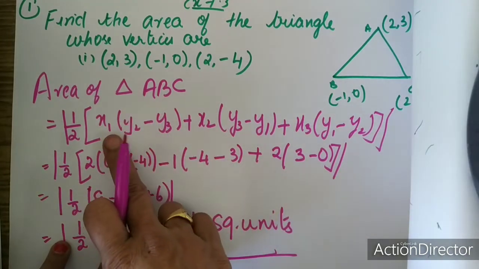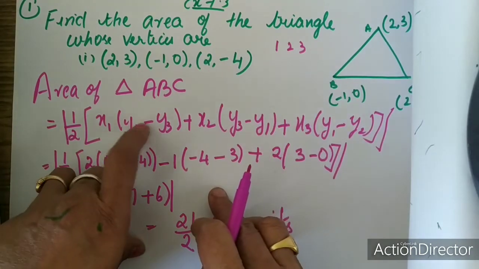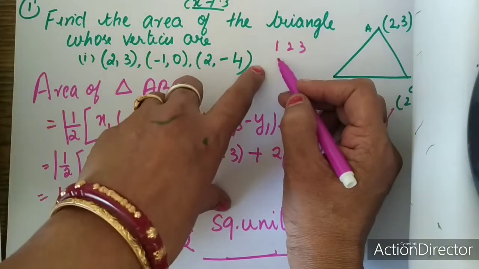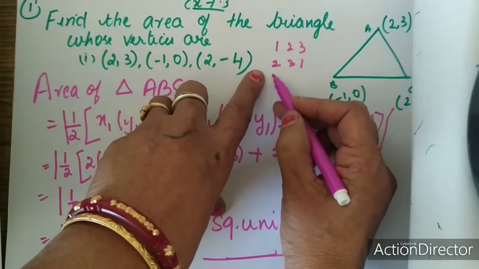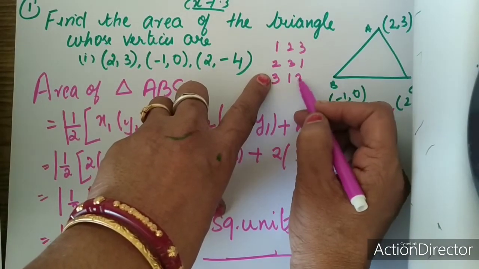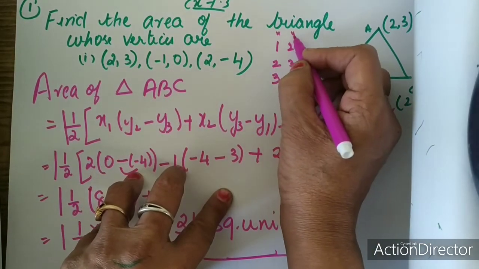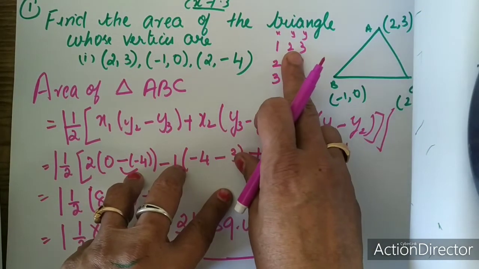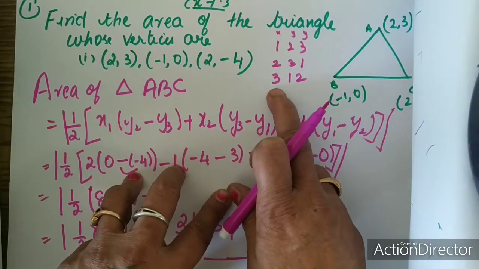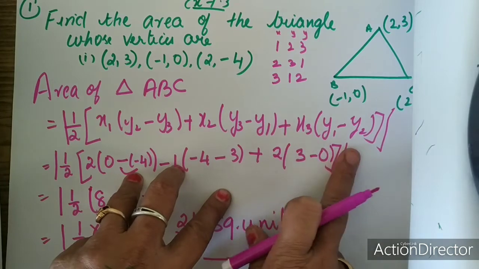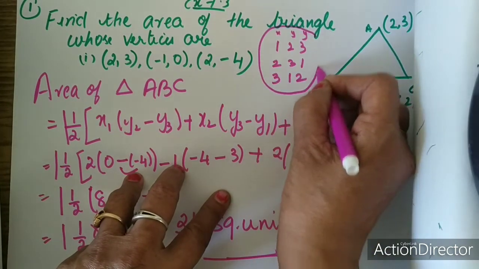It's also very easy to remember. As I said, first is 1, 2, 3. Second one, if you are going to start with 2, so 2, 3 will come over here. Next, if I am going to start with 3 over here, 1, 2, 3, 1, 2. So it's very easy. You write it over here, x, y, 1. So x1 (y2 minus y3), x2 (y3 minus y1) and x3 (y1 minus y2). This is also very easy to remember.